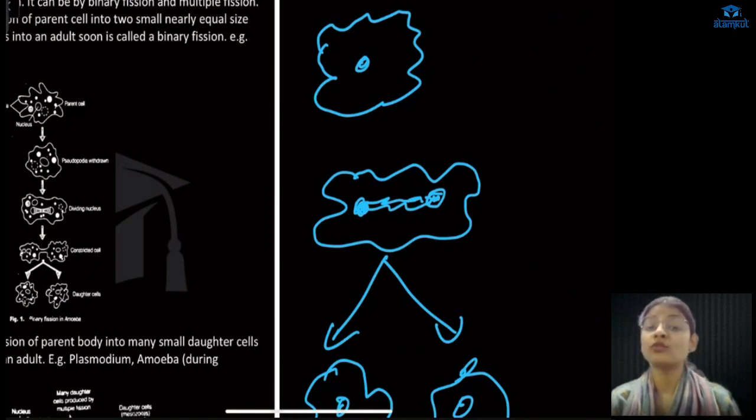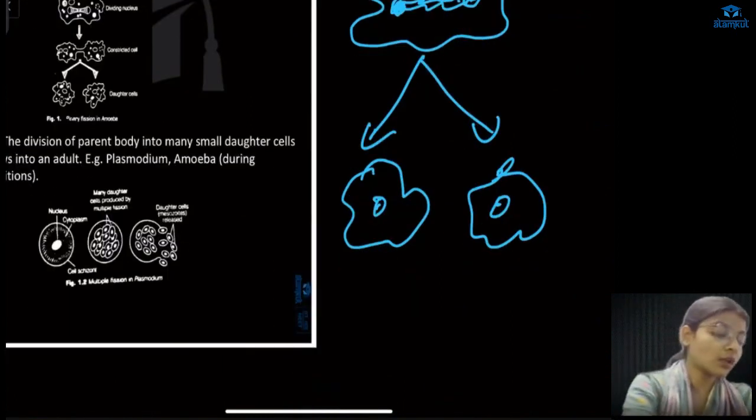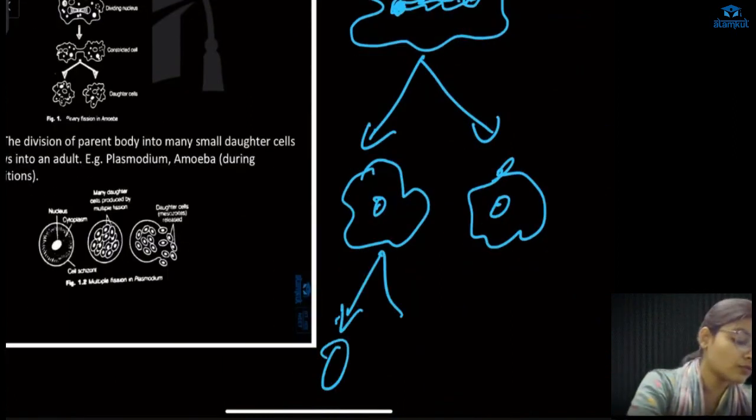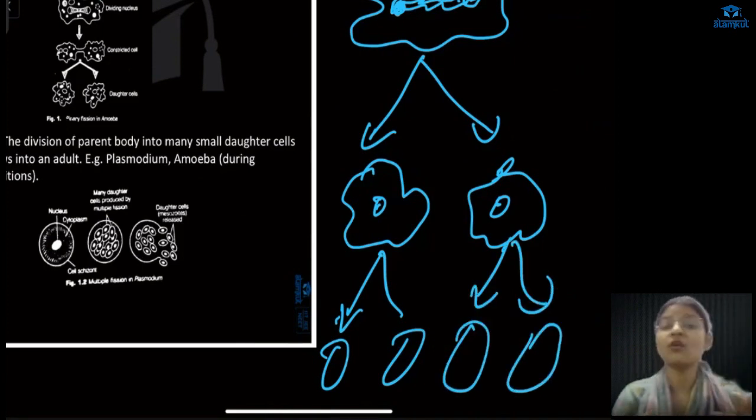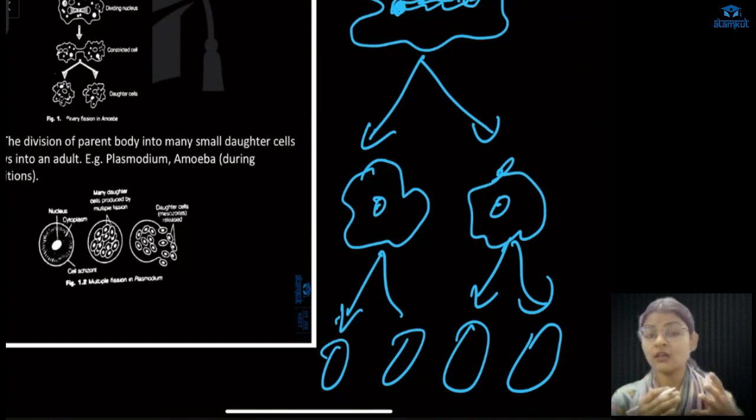How do they not die? Because they just divide themselves into two daughter cells, and then those two daughter cells again divide and form two daughter cells each. So their remains will always be there in the form of their offspring. Offspring will grow, then again they will divide. So amoeba and paramecium, which show binary fission, are sometimes called immortal lives.